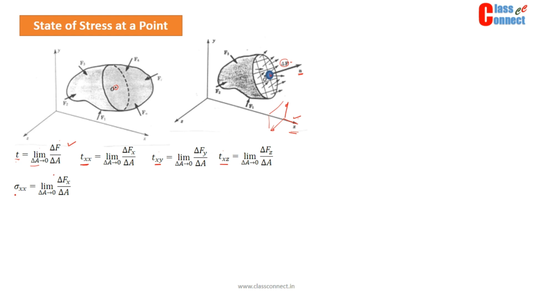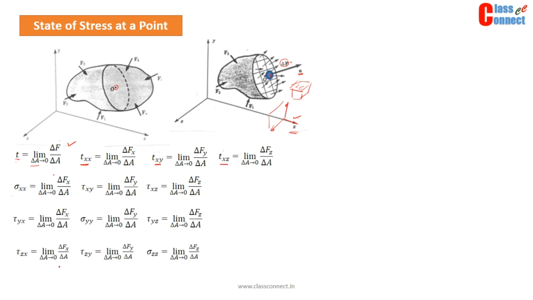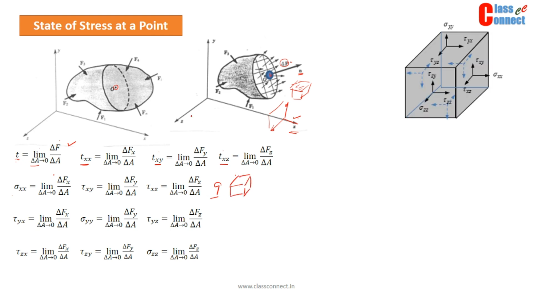If we generally represent normal stress by sigma and shear stress by tau, that is how we can write it down. If we take the cuboid element rather than one surface, then we can write down the other components as well. So what does it mean? It means there are 9 components of the stress in a 3D situation. These 9 components are shown here and we can represent them on this cuboid element.